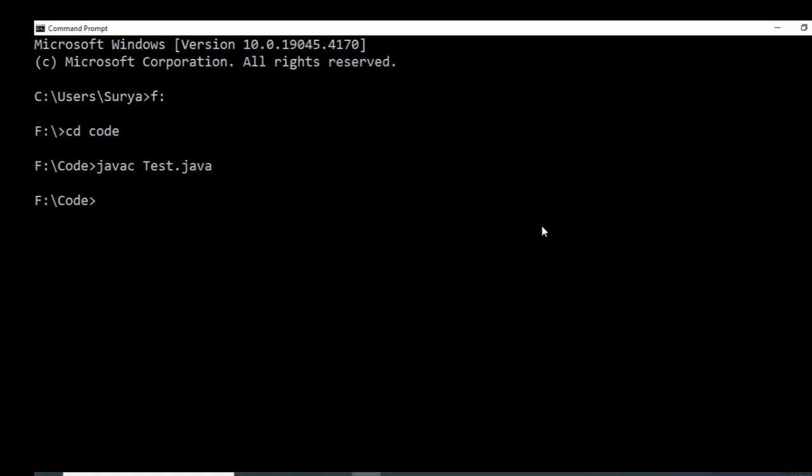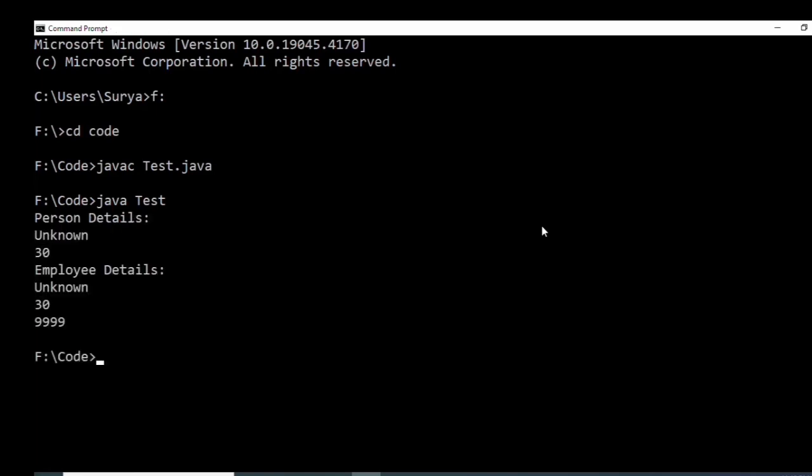Okay, successfully compiled, no error. Then write java test. So here you can see person details unknown 30 and employee details unknown